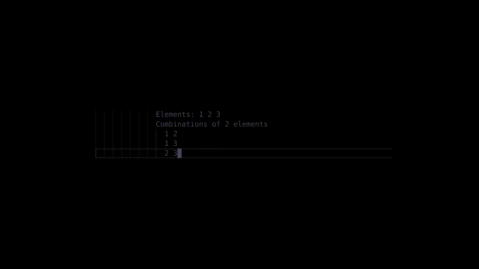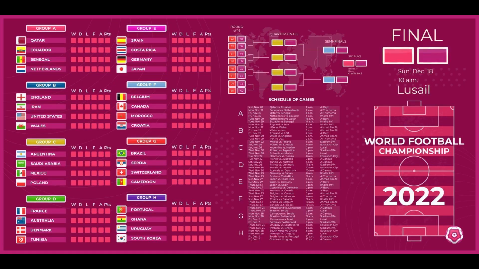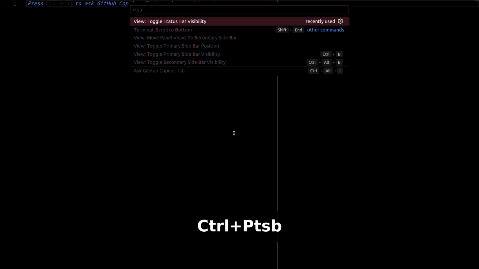The point of this video is to show how we can create a useful, reusable module. We will be creating a function that can generate combinations from given elements. This may prove useful in multiple places. We could generate tournament matches or make an advanced search in the string, just like the one in Visual Studio